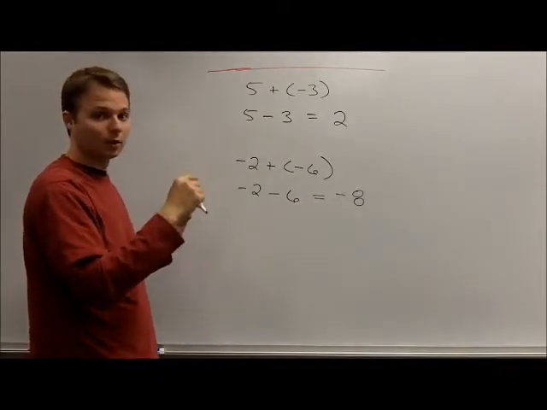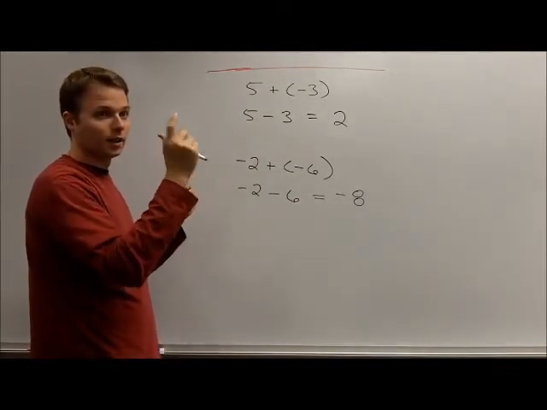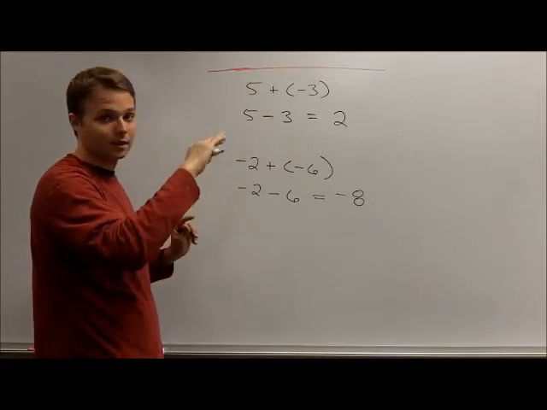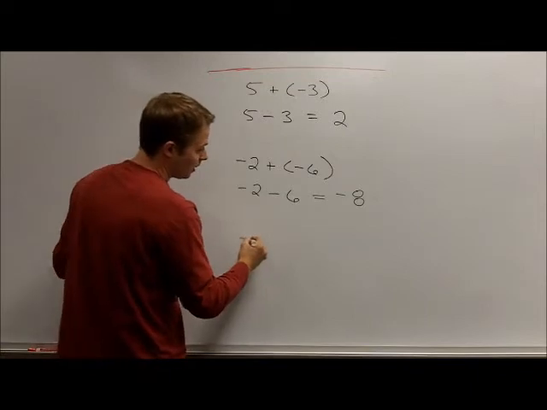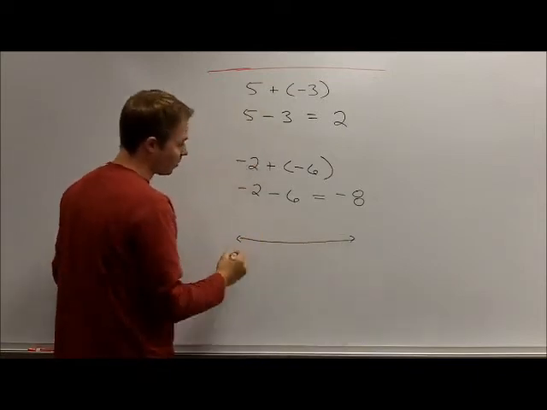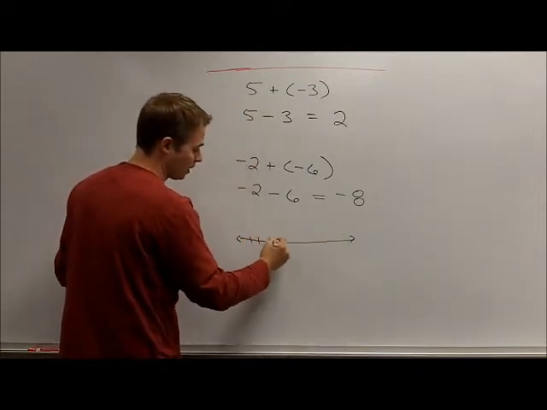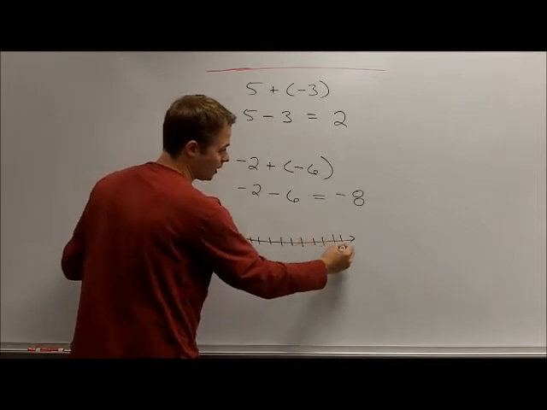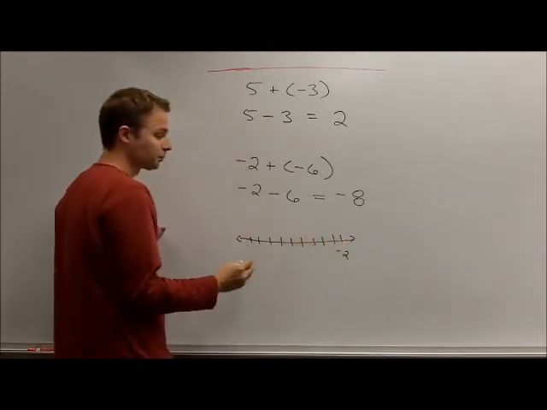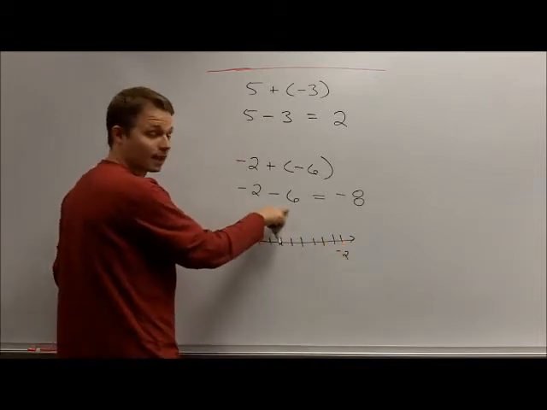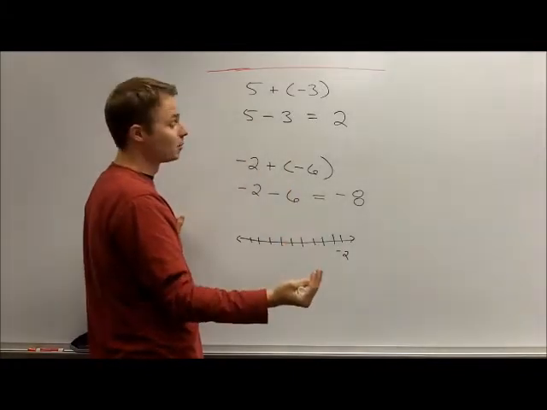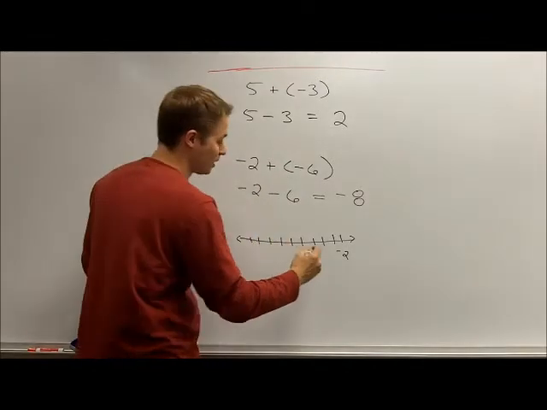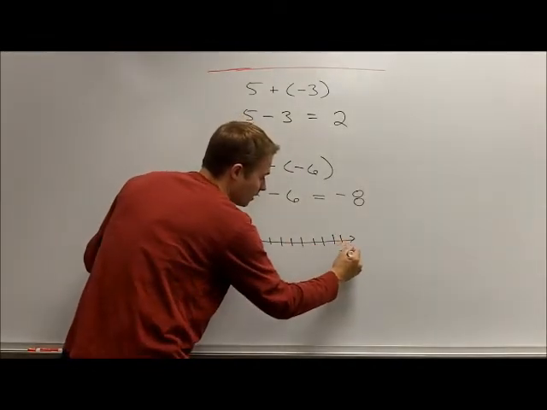Now, if that's a little difficult for you to make sure that you understand, or see how intuitive it is, you can use a little trick by thinking of these guys on a number line. So here's my number line, and I'll start here at negative 2. Well, if I'm going to start at negative 2 and subtract 6, anytime I subtract a number, that tells me I need to move left on the number line. So since we're already in the negatives,